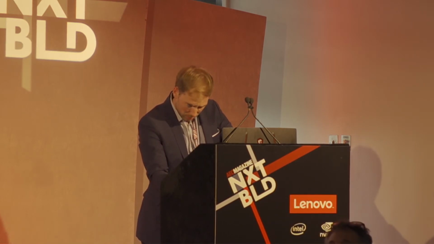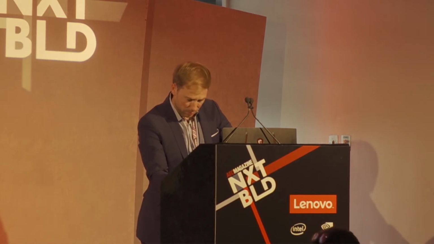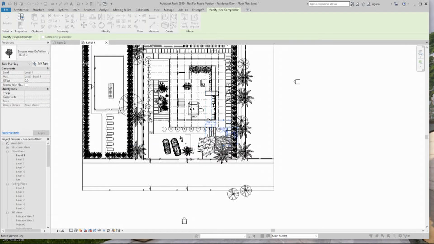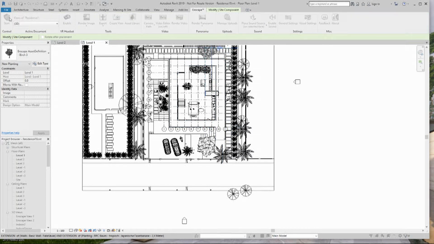So let's go back to Revit. You see these are all RPCs, and we replace them with better looking trees. Maybe I can connect here as well. We have our own asset library that sits in the web, and there you have many objects like furniture, like trees that you can drag into your project, place in Revit, and then it shows in Enscape. So now I need to quickly start Enscape. And it comes from our library. I hope that this answers your question.